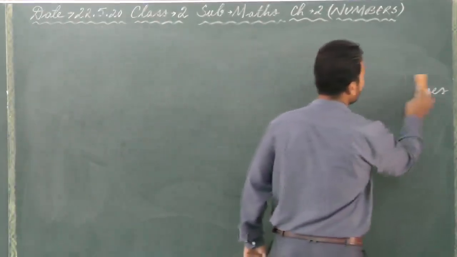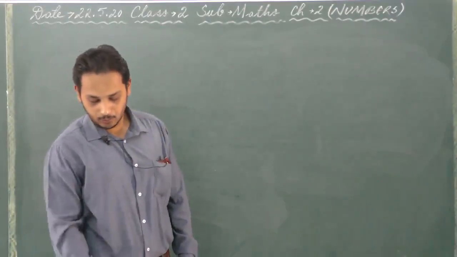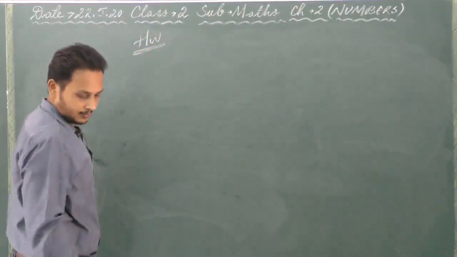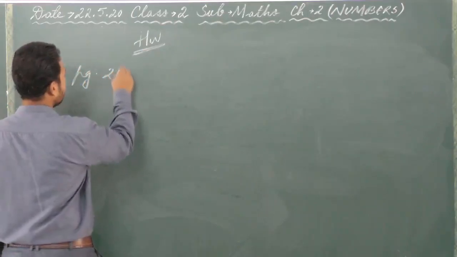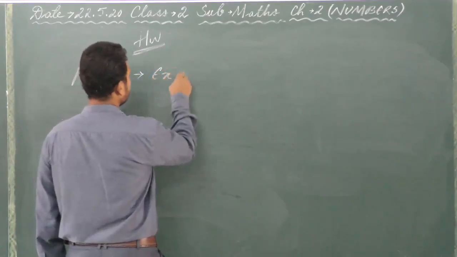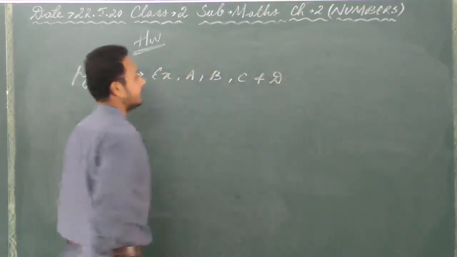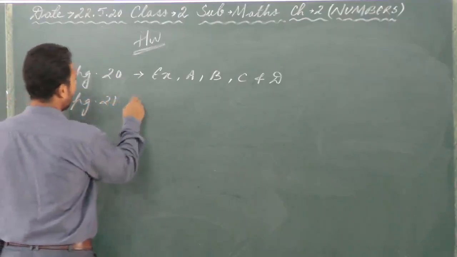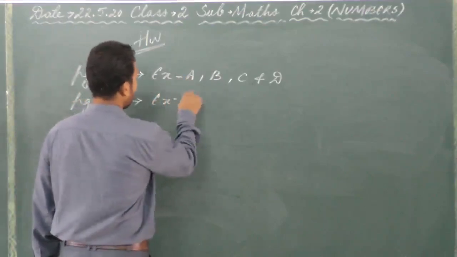I am going to write down some homeworks here. I hope you will pay attention to it and do it in your book. Okay, this is your homework. The first is on page number 20. You have exercise A, B, C and D. Okay, then on page number 21, exercise A.